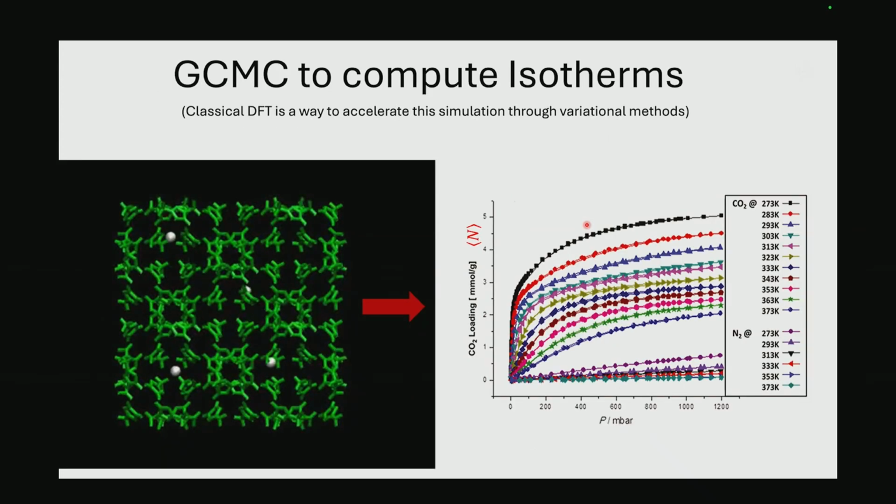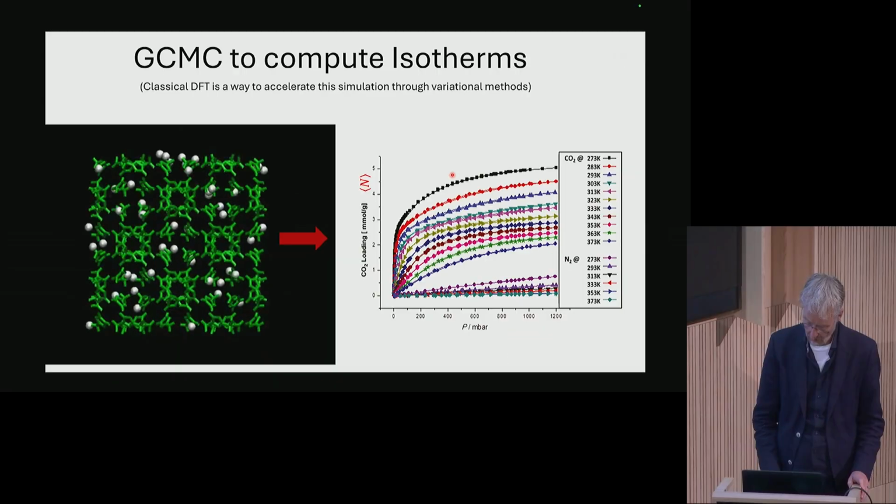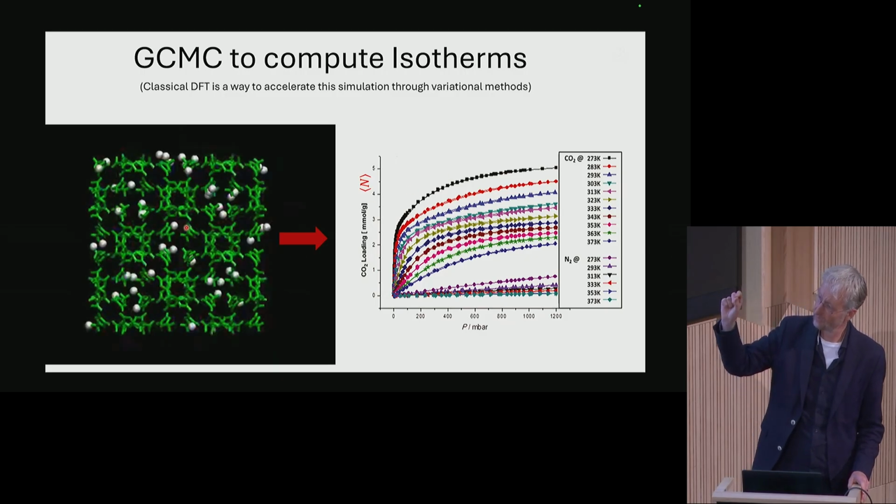And here's an example of what we at CUSP are doing to accelerate these different methods. This is what's called Grand Canonical Monte Carlo. It's a method where it's basically an MC method, a Markov chain method, where the number of particles can fluctuate. So here you see a porous material, and we are throwing in little molecules, and then we wiggle them around a little bit and wait until they get stuck, bound,